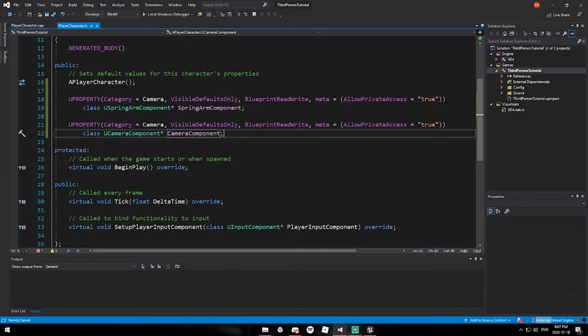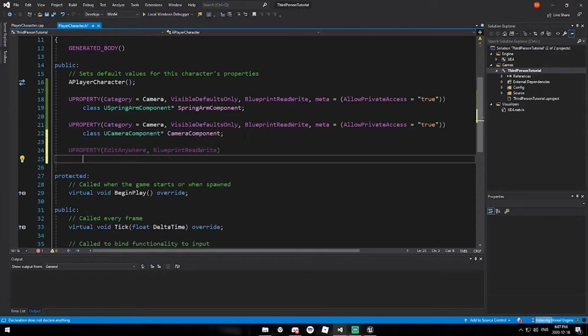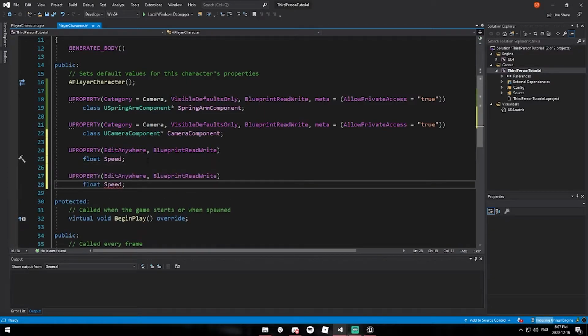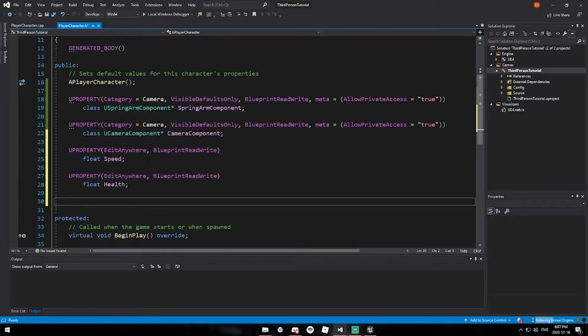Perfect. So then what we're going to do from here is we're going to make some floats. So we'll say U property, edit anywhere, blueprint read write. Say our first one we'll say is float speed. So you can go ahead and copy this because we're going to use this same type of style a couple times. So we're going to say float speed. I'm going to go in and do float health, float